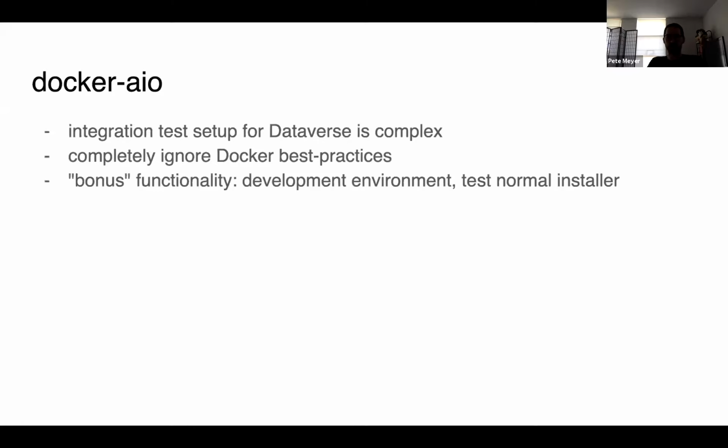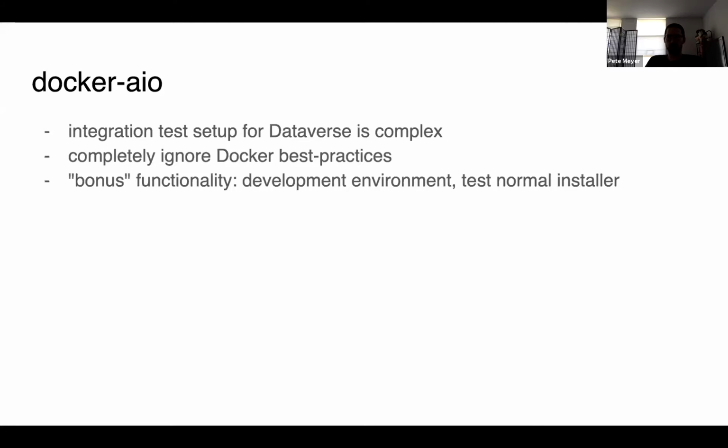So Docker AIO stands for Docker all-in-one, and the goal of this is for integration test setup. Sometimes the problem being solved is that Pete can't figure out how to solve the problem. Phil has a great guide for how to set up running the integration tests on a Mac and to integrate with NetBeans. I couldn't figure it out, but with Phil's help, I was able to get a setup working in this Docker image, which you can move between a desktop Mac or a Linux machine, and you can still run the integration tests. If everything is working, which as of this morning it was still working on develop,